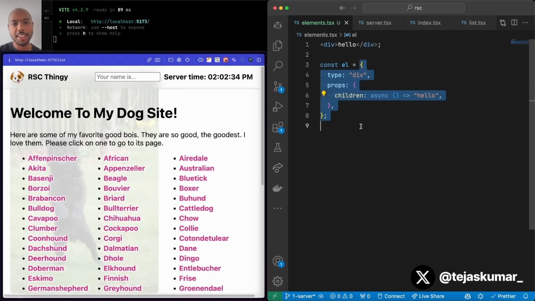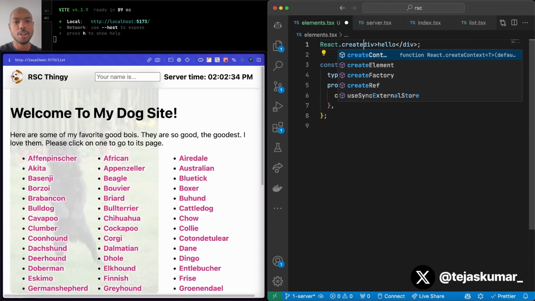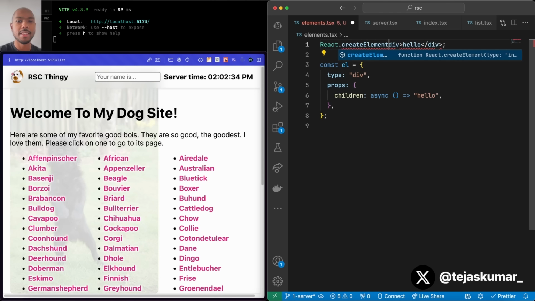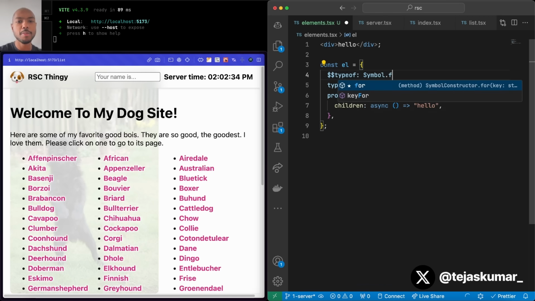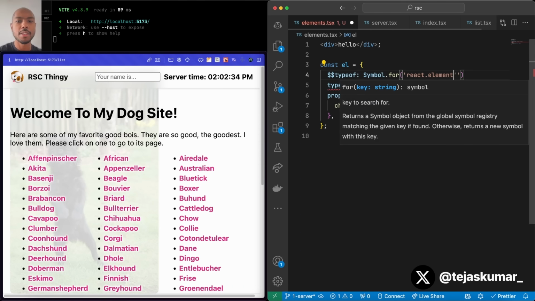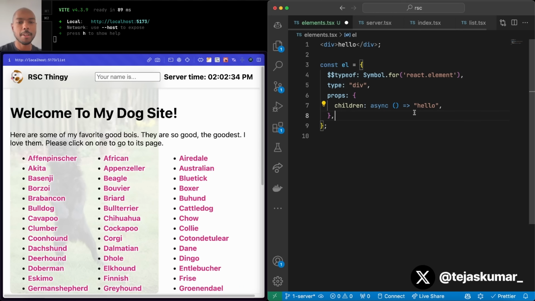So let's do that. So this is ultimately a React element. A React element is just a JavaScript object. This little bracket here is a call to react.createElement. So this is kind of valid, right? And the output of react.createElement is a React element, which is this. It's an object with a schema: type, props, and always one prop, children, but could be more. In fact, this is not fully accurate because there's also a type of, and this is usually a symbol for react.element. So this makes a React element.